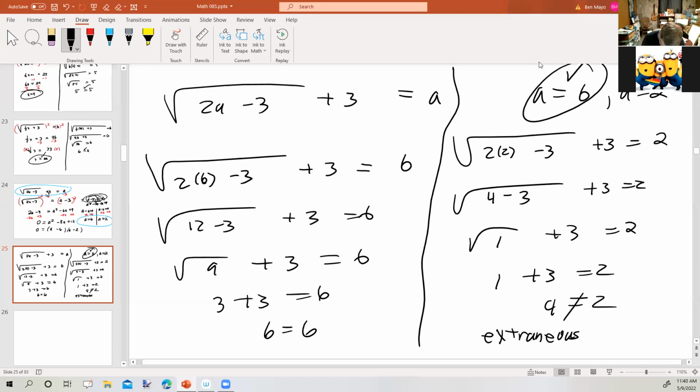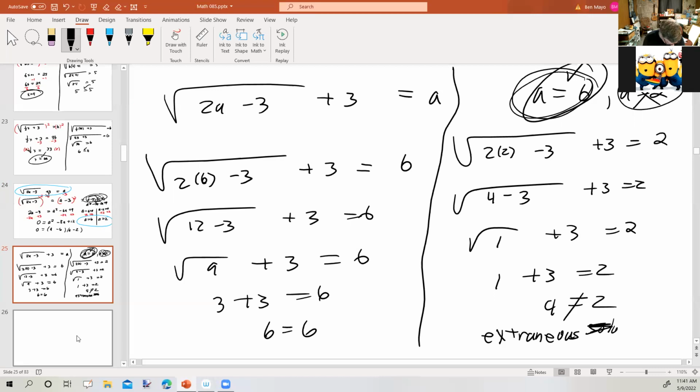So this is, let's see here if I can spell it, extraneous. So that has no solution. This one does not work. So this would be an extraneous solution, meaning it doesn't work. This would be the only correct solution. All right, with that,